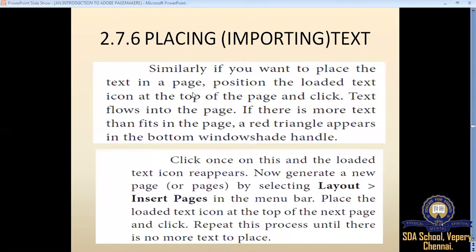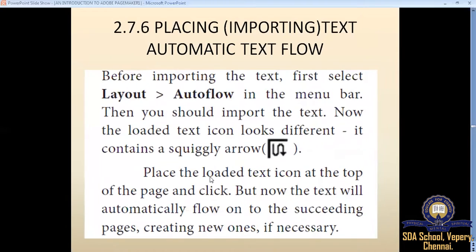This is called manual text flow. Right? What is automatic text flow? The text that you're going to place in PageMaker is able to flow continuously to the next pages automatically. That is called automatic text flow. Let me show you what is manual text flow and what is automatic text flow on the screen.